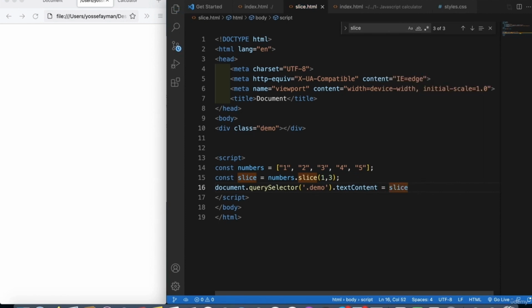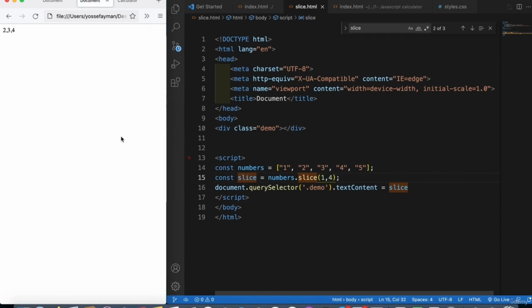Okay, so let's see what we have on the screen right here. So we got 2 and 3, which are the numbers between the 1 and 3. Like here, 1, this is 2, this is the 3. And if I make it to 4,